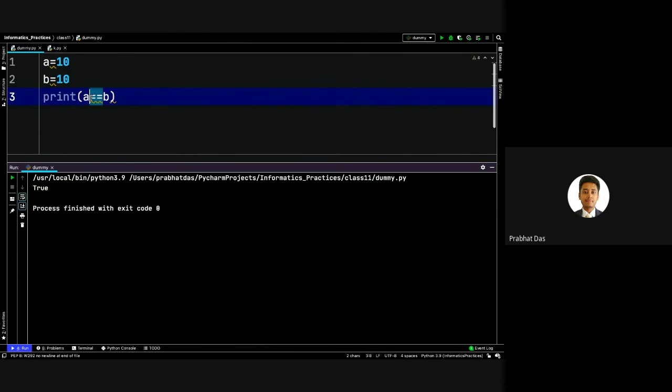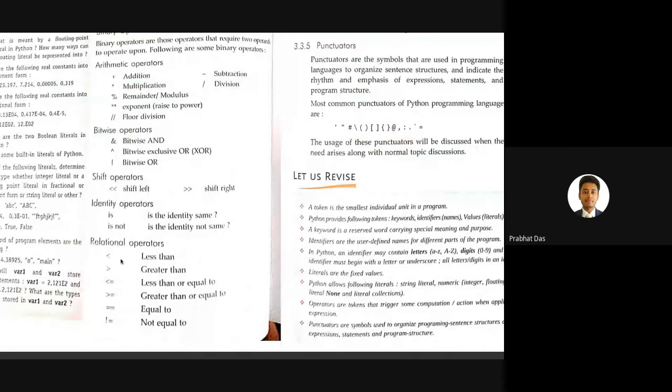Okay. So one is the greater than symbol, one is the less than symbol. Let's say if I give b equal to 5. Here b is not greater than a, so it will return false. But what if I make the value of b greater? In this case, I'm getting the value to be true. So this is all about greater than, less than, and equal to.